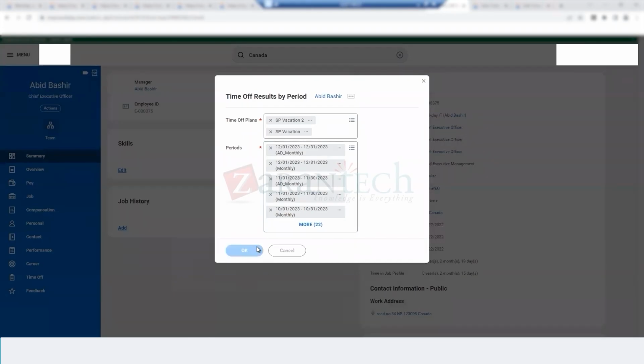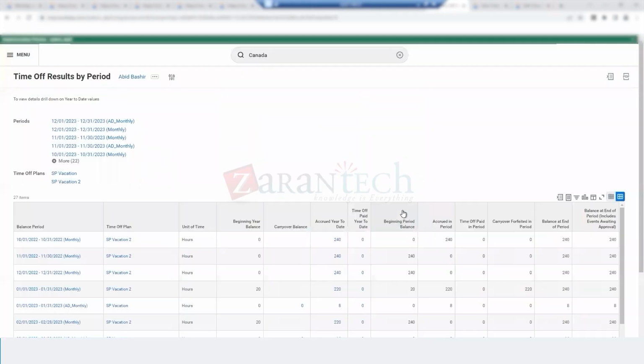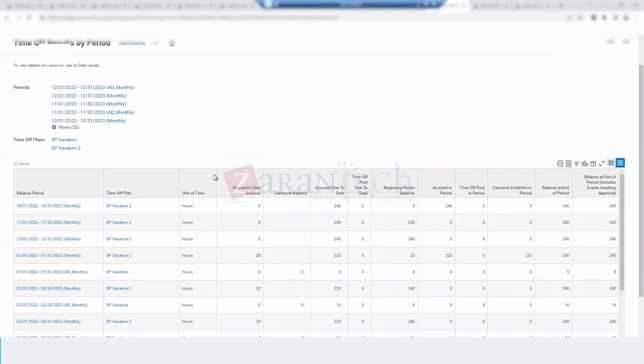Okay. Now let's see how it looks. This is the grammatical exposure of this, like balance period, time off plan. What's the balance? 2023, SP2. The period schedule name is different. See, both of them are using different period schedules. So the name is also different, but it gives you clear-cut data about what is the unit of time,